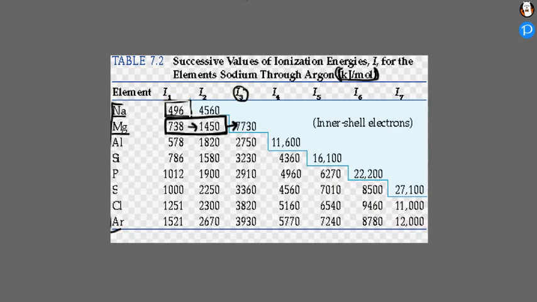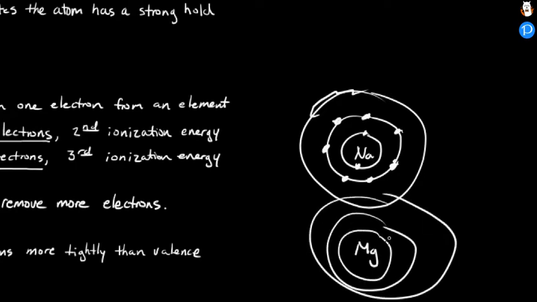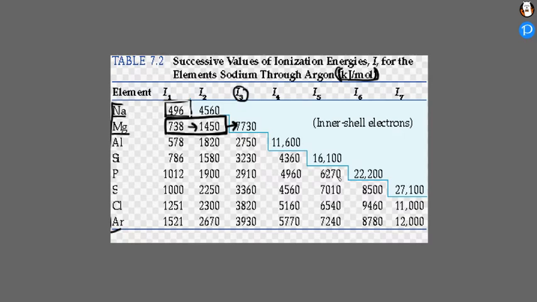Because again, if we think about magnesium, it's going to look a lot like sodium, where it's got those 3 energy levels here. And it's got those first 2, and 8 electrons, 2, 3, 4, 5, 6, 7, 8. And now this one has got 2 electrons. And so it's going to be easy to get rid of those 2 valence electrons. But once I get rid of those 2, it's going to be a lot harder to start removing these inner electrons, right? And that pattern kind of continues. If I look at aluminum,